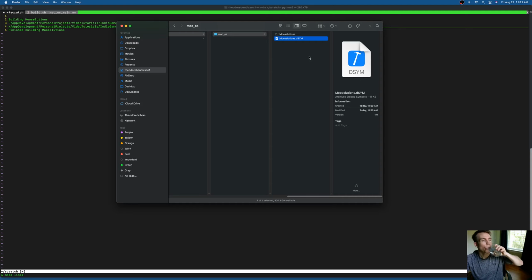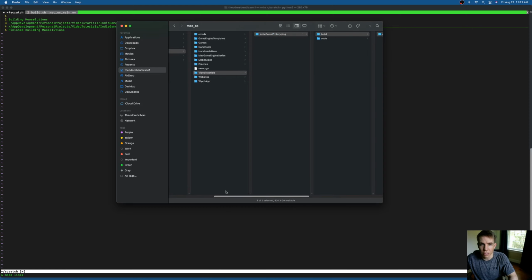Now, this is kind of just the start, because as it turns out, there's a lot more involved in the process of setting up a Mac application. Just doing something that runs in a terminal, where you build it and you run it, is a lot different from doing a full bundle application. So if I look at my other game,